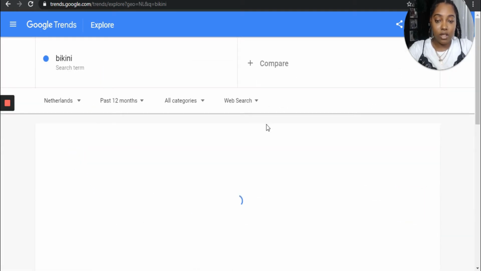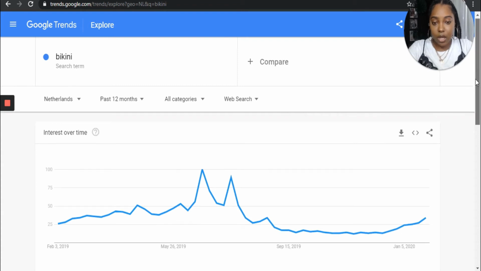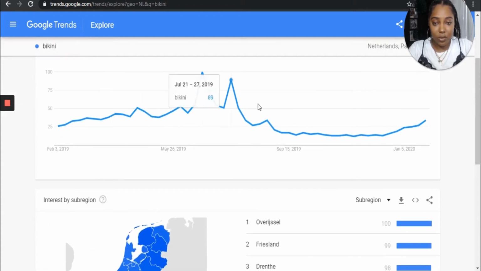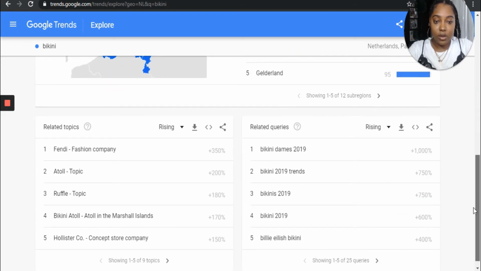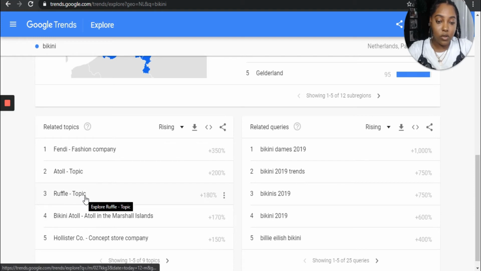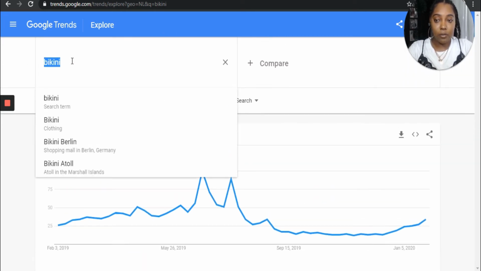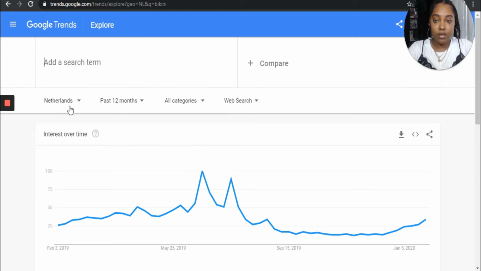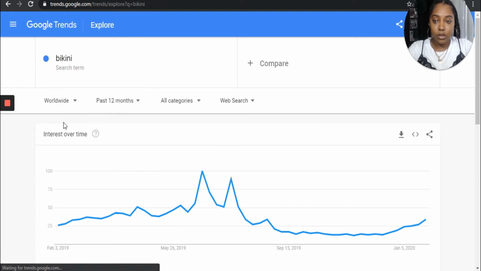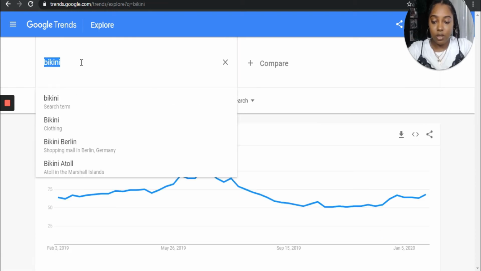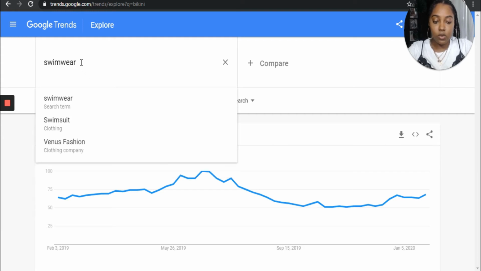So if I click on the Netherlands, you'll see again spikes during the spring and summertime. Then it drops down here, and then you can see different types of bikinis, and they're searching ruffle bikinis. They're probably searching for bikinis at Hollister, or different things pop up for the Netherlands, and that's just according to how brands are marketing. So I'm going to take this off again, and I'm going to go back to worldwide. I'm just going to put swimwear,